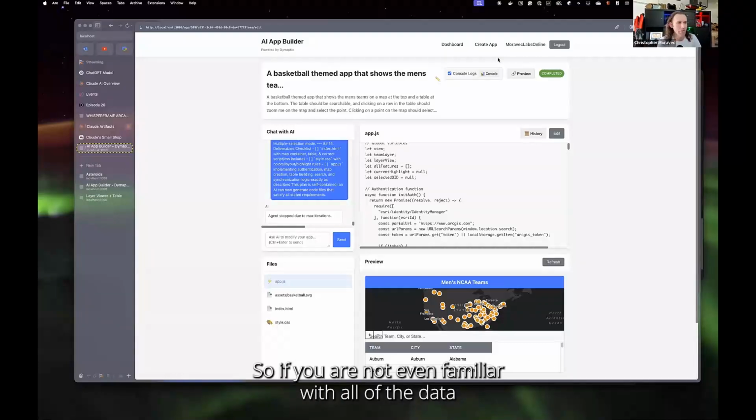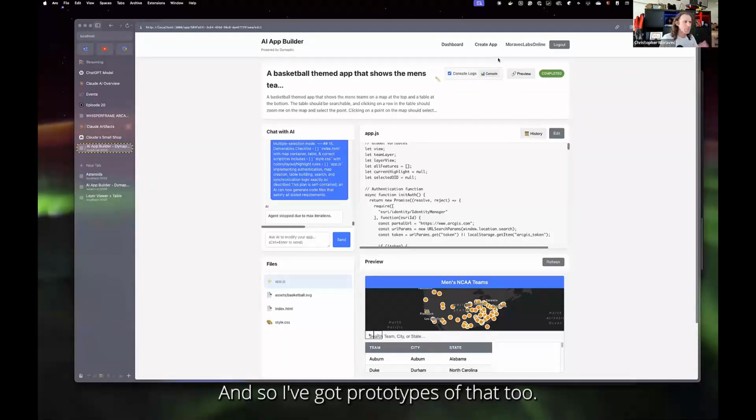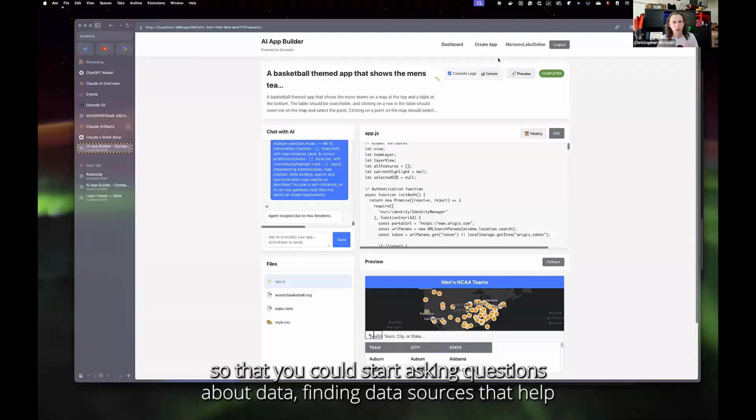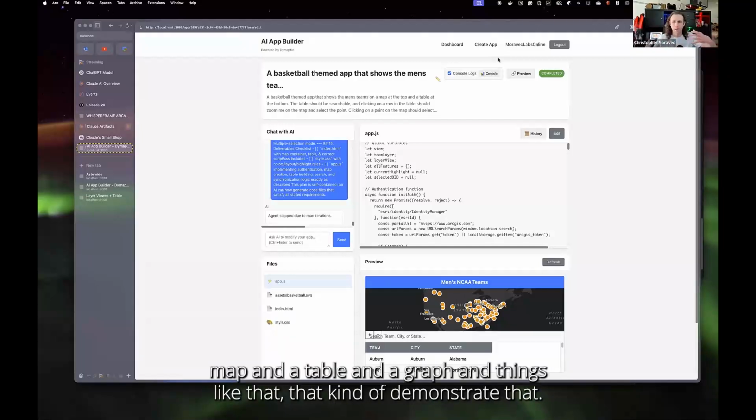So if you were not even familiar with all of the data that you had, you'd be able to search through that and have the AI help you find data. I've got prototypes of that too, just not in here yet, where I want to bring all of that together so that you could start asking questions about data, finding data sources that help answer your question, and bring that together into an app with a map and a table and a graph and things like that.